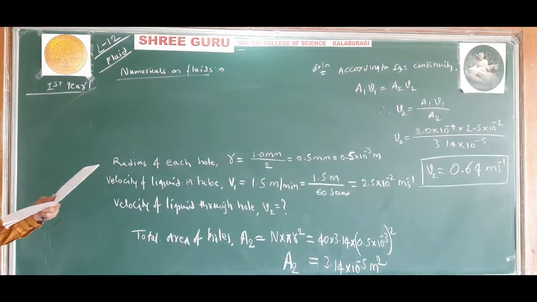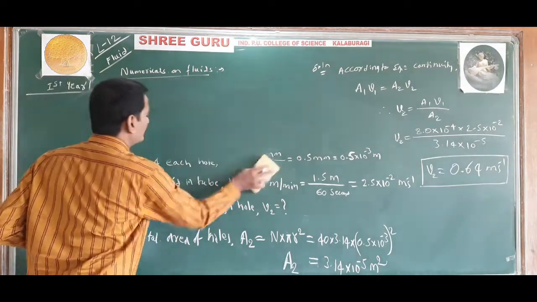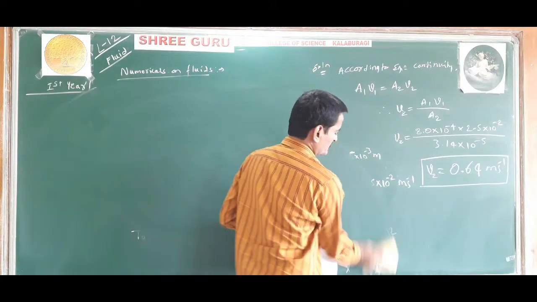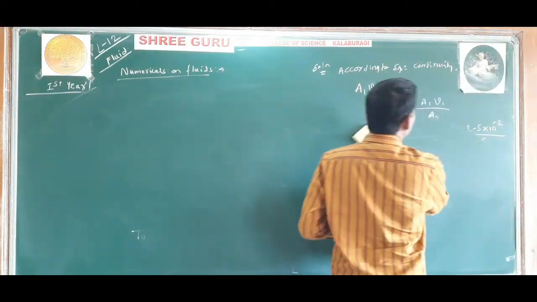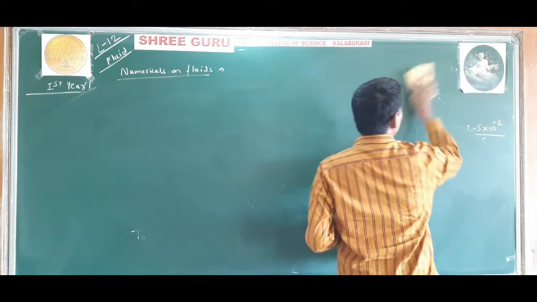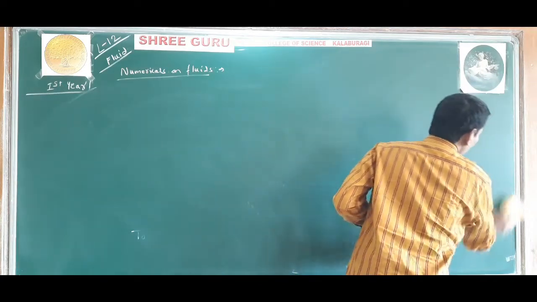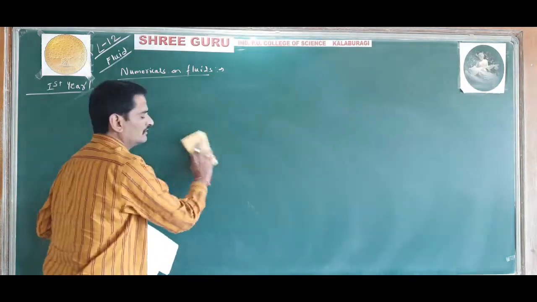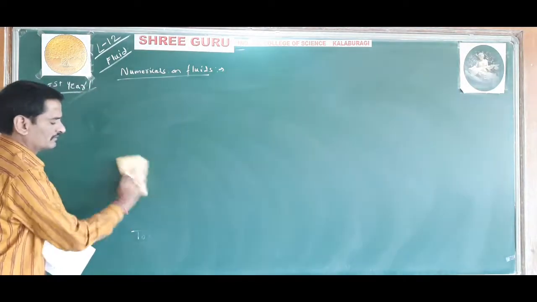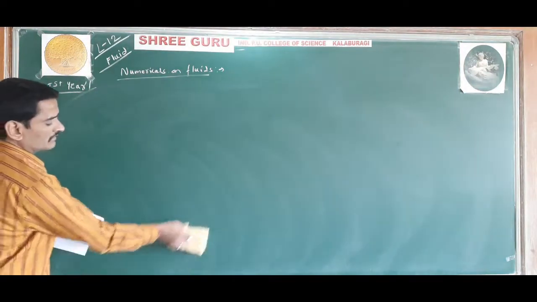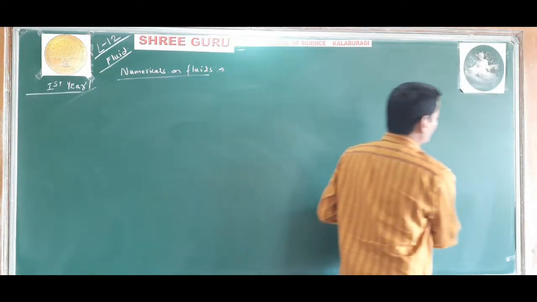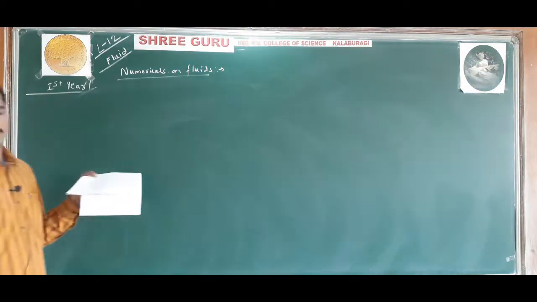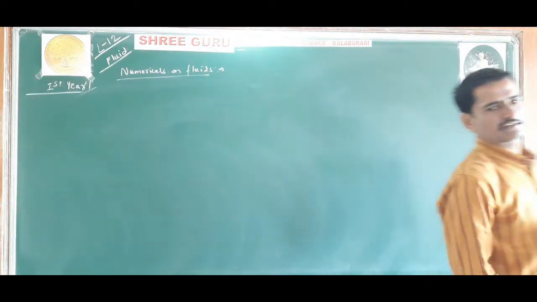Take density of air to be 1.3 kg per meter cube. Okay. Read the question carefully. First thing in physics you have to do is read the question 2 or 3 times. Then understand the question and then recall the situation. So understand on which concept, on which topic this problem is from. Then recall the learned concept on which the problem depends. Then try to solve the numerical. That is how you have to do.